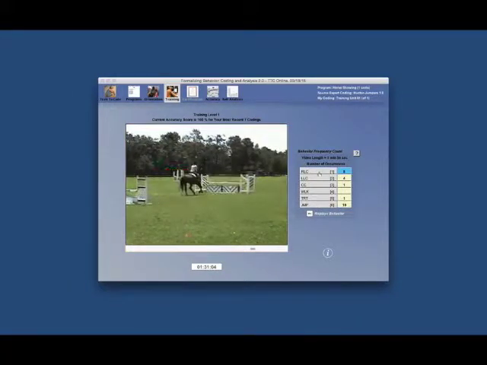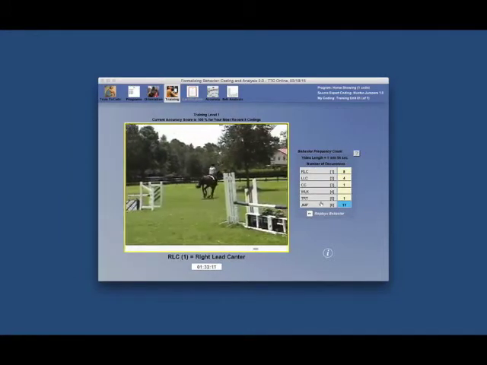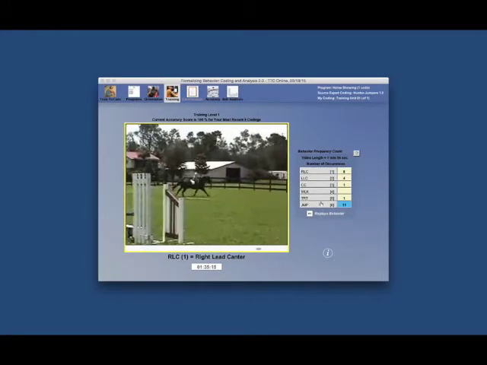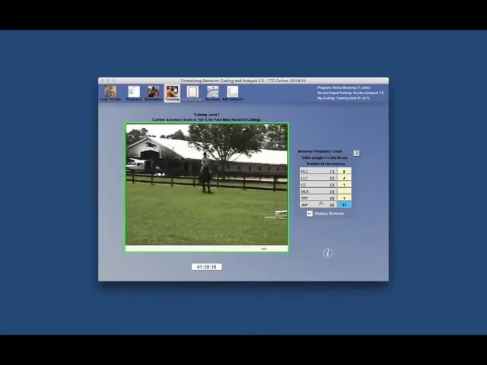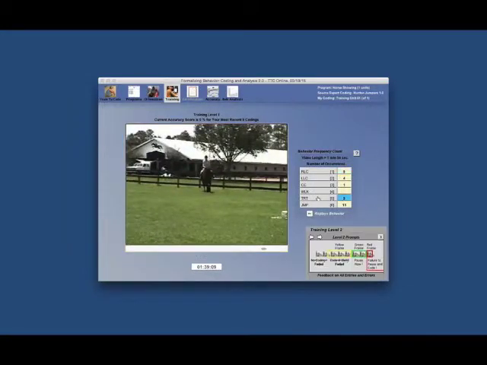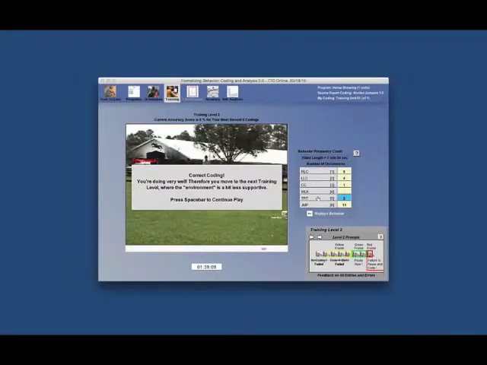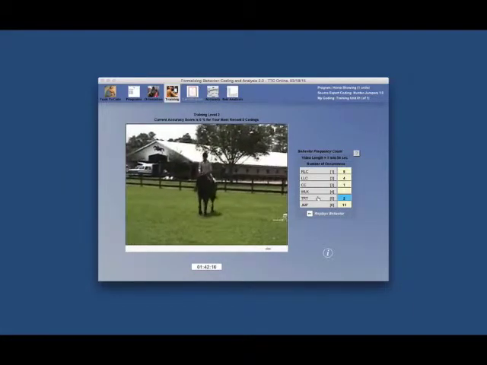Then there's right lead canter until the next jump. Left lead canter becomes a trot. And now they have done well enough that they receive information that it's time for them to move to the next level with fewer prompts.